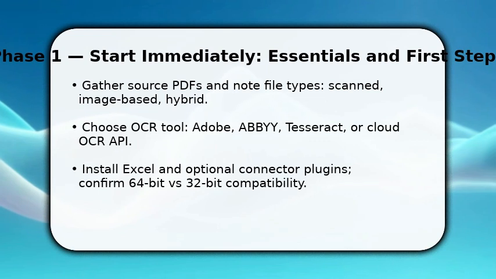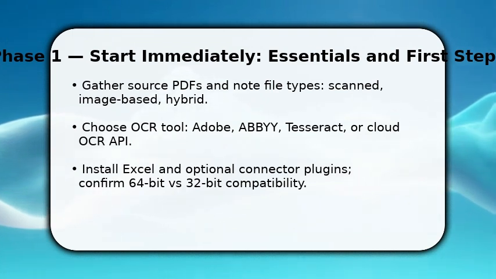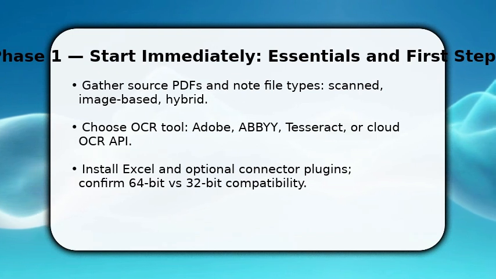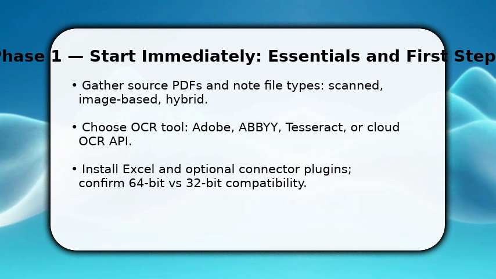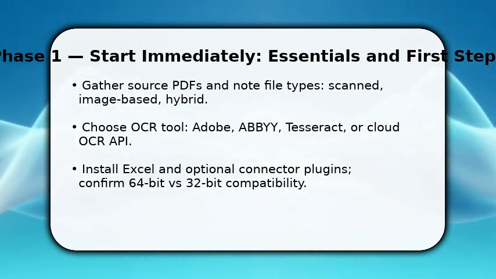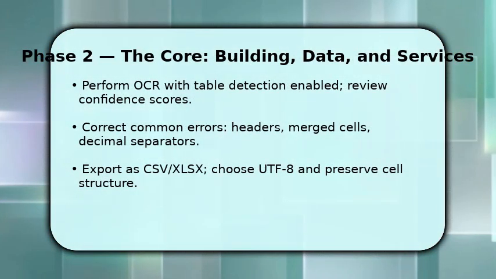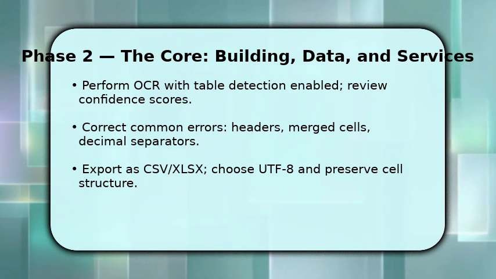Once done, configure language and DPI settings because OCR accuracy depends on those. Set 300 DPI for loose prints, higher for receipts. Make sure Excel is ready for import and that any plugins or API keys are active. This prevents interruptions mid-process. You now run OCR with table detection turned on so the software identifies rows and columns